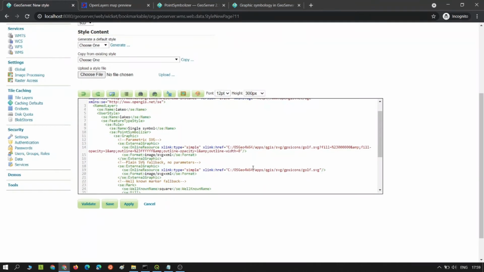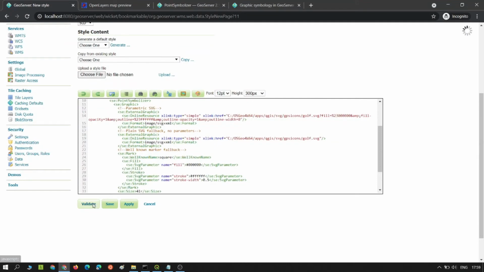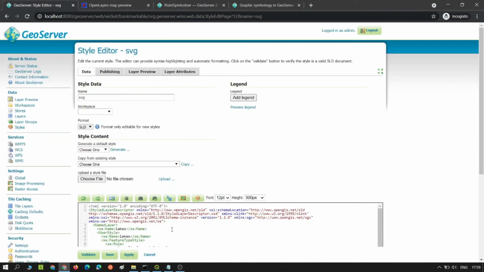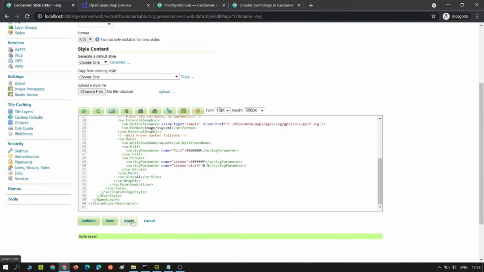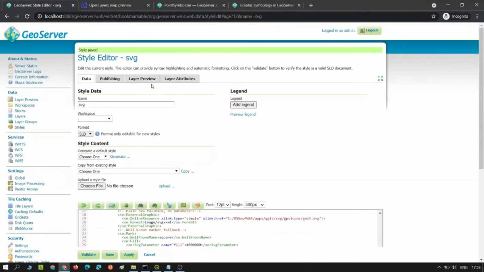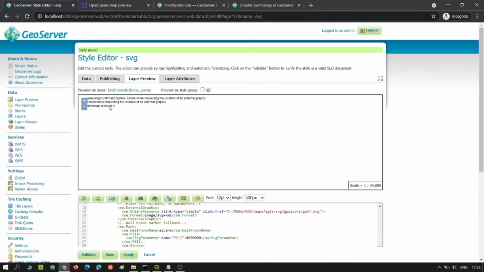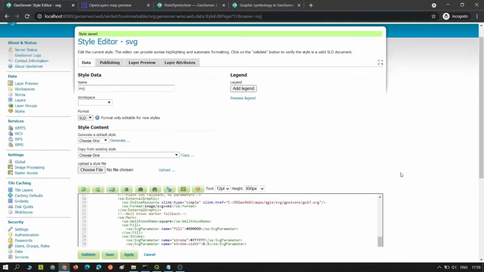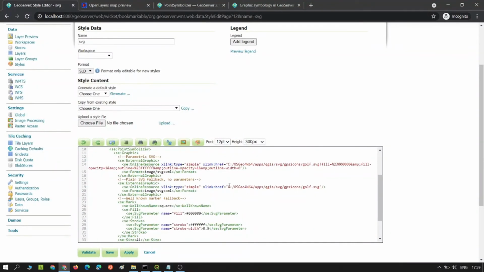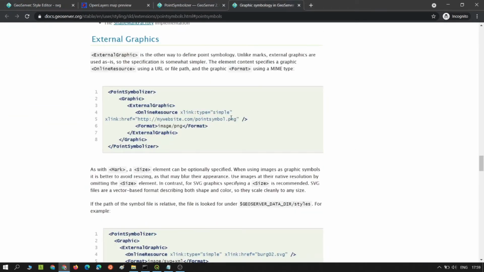Now, okay, let us first try to validate and save. It says no validation error, and I think it says okay, style saved. And if you preview, it says unknown protocol error while inspecting the location of external graphic. So this happens because of the absolute path, and I was trying to solve it, and what I got is from the documentation.